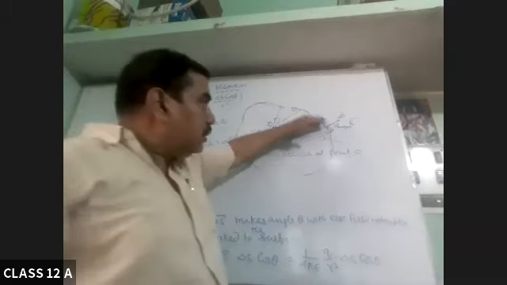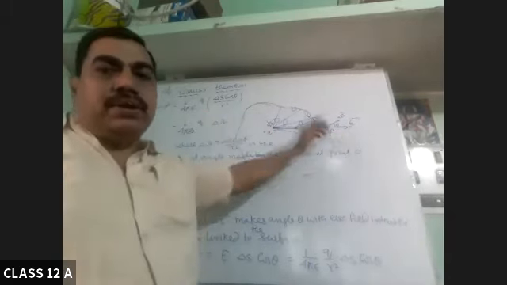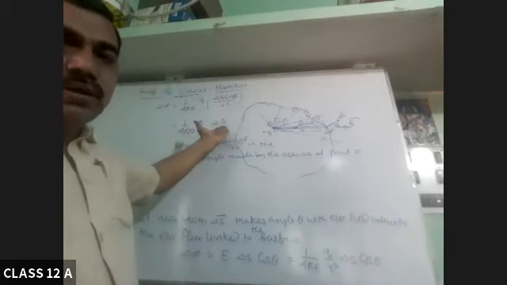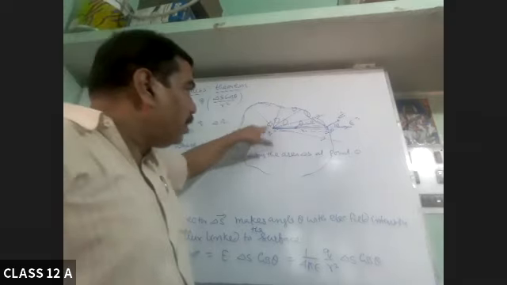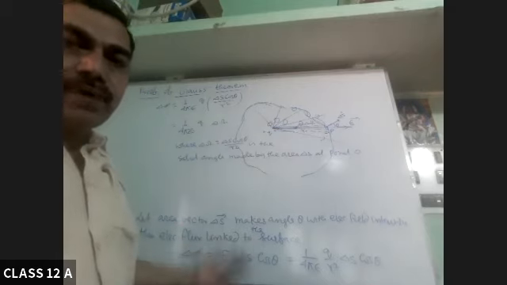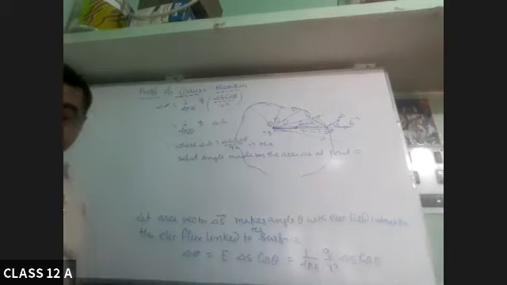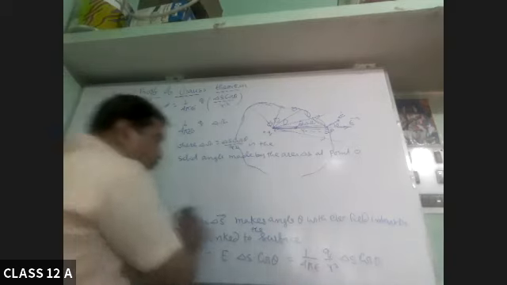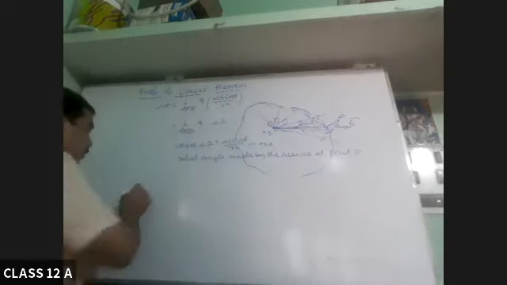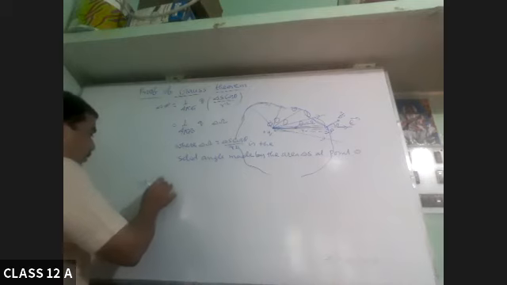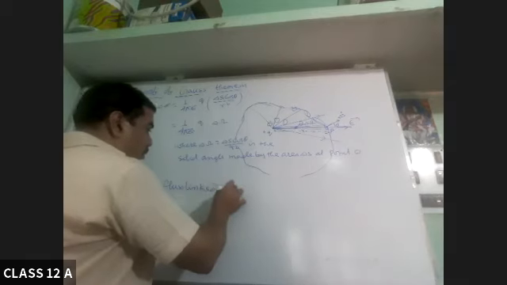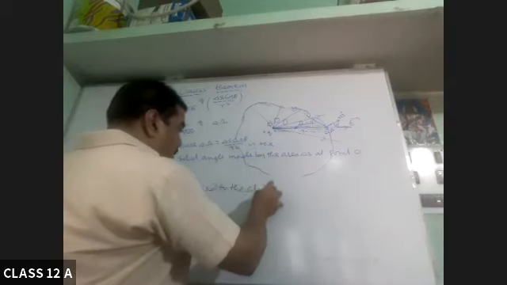So if we consider the total flux linked to this surface, we have to simply find the summation of this solid angle. That is the total solid angle at point O. And how much will it become? 4 pi. So total flux linked to the closed surface